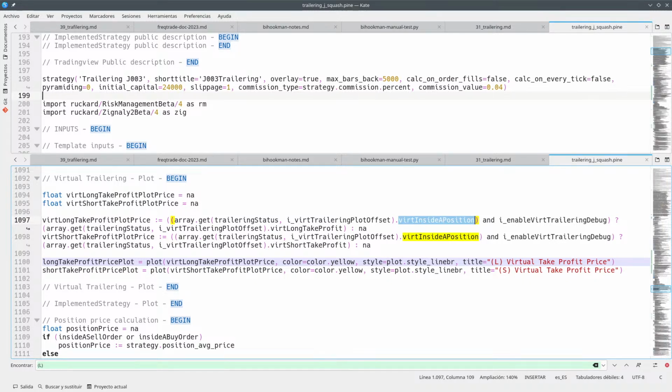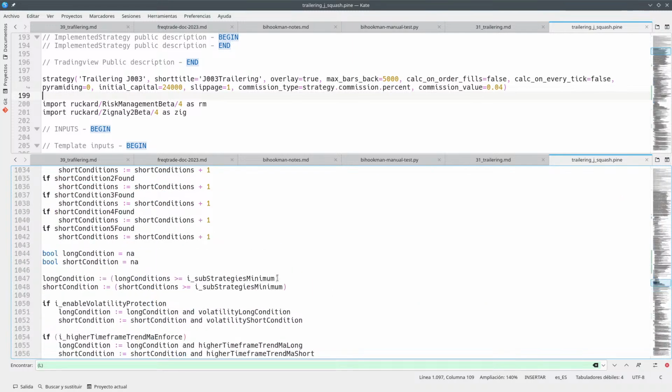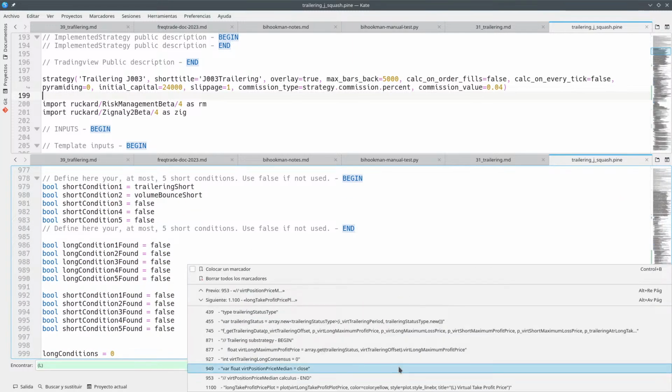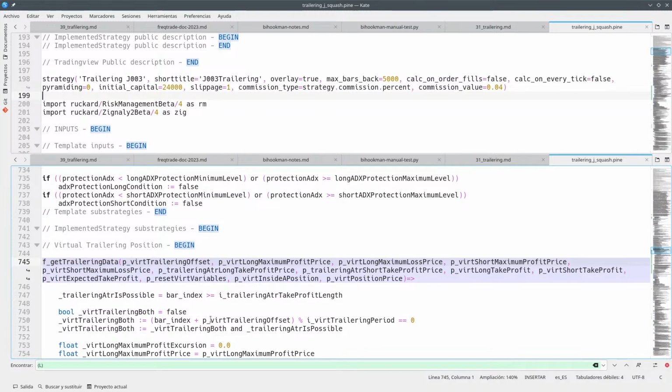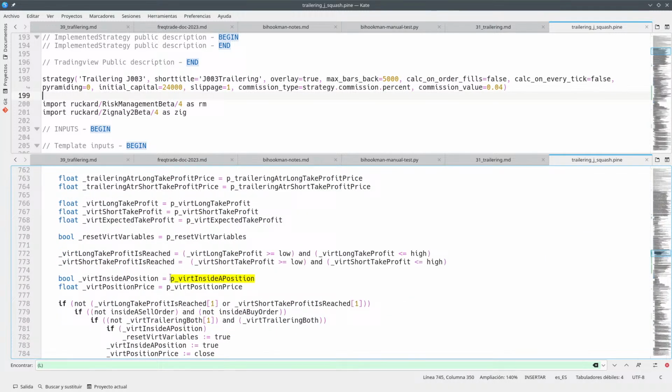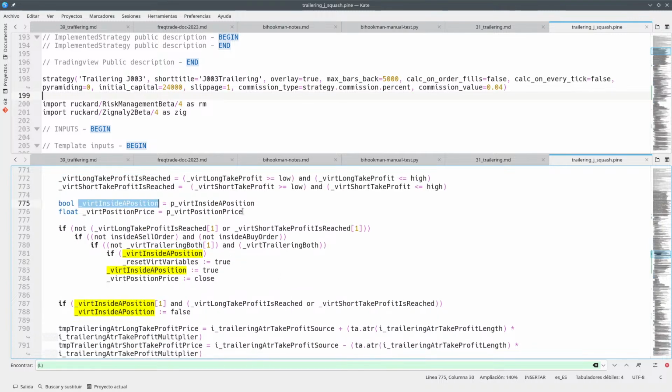So if you are inside the position, you are supposed to be inside. This is something that here inside the position should actually be done properly in the function. So